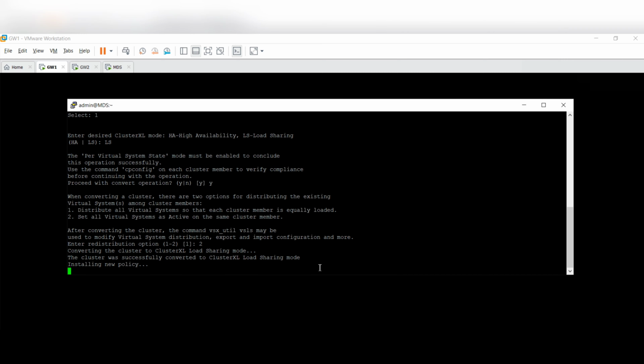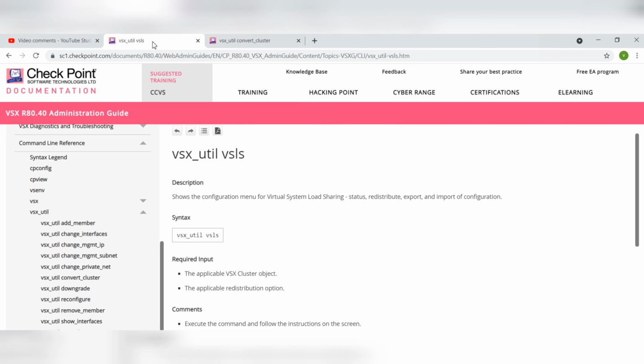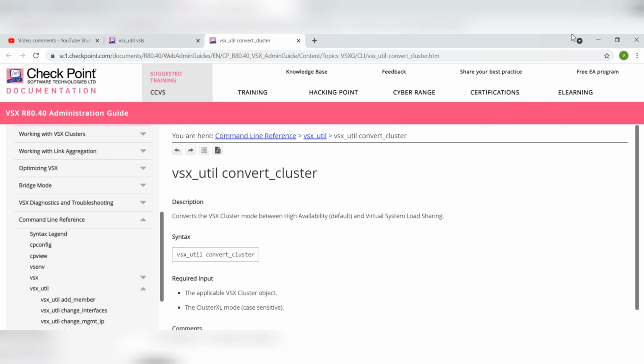I am pausing this video now, and I'll come back again with the vsx_util vsls option. You will see a lot of things on this part also. All right.